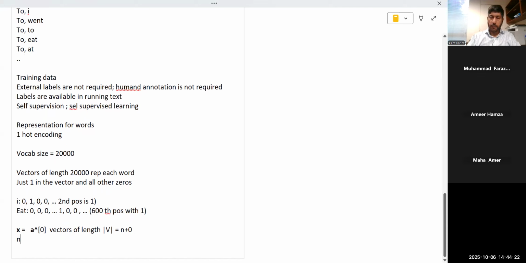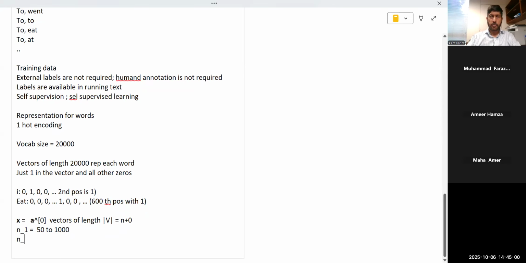So what would n1 be? This is the size of the hidden layer, and this is the size that we need to specify as the size of the dense vector. So usually this would vary, of course application dependent and computational expense dependent, from around 50 to about 1000. Okay, typical values are 200, 300, 500. And then n2, which is the output layer,